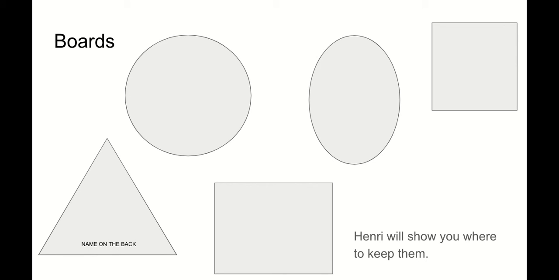The boards that are available are triangle, circle, oval, rectangle, and square. The laser cutter isn't working at the moment, so for the circle and the oval, we've only got what's in the storeroom, and I'm not sure when we'll be able to get more. So if the one that you want isn't available, please speak to Cunnavan or Mr. Jarrett to see whether or not they can think of another option for you.